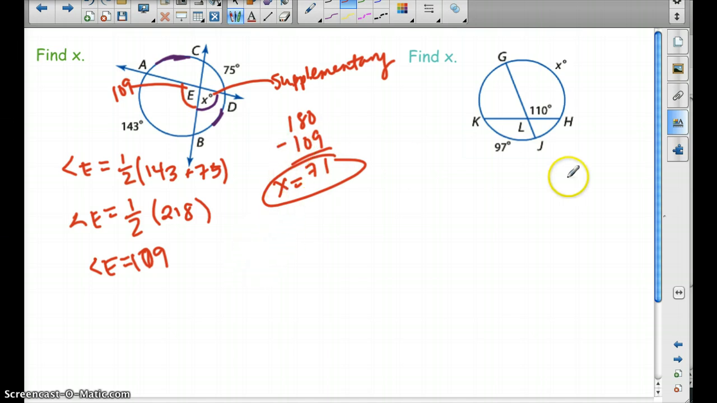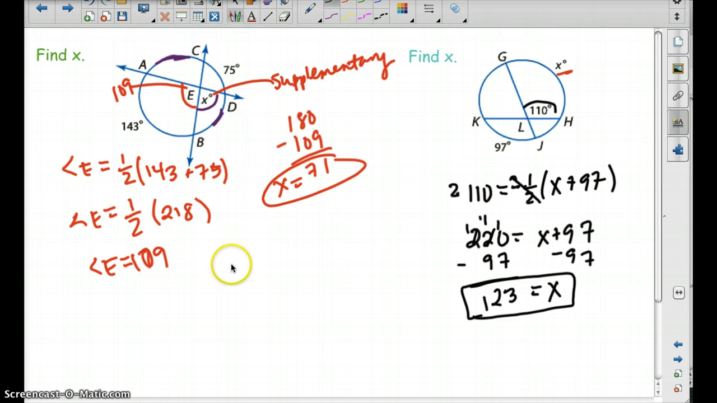Now let's try this other example in which we find x and it is an arc. So here's our angle and we have 110 equals 1/2 x plus 97. Go ahead and pause the video and see if you can solve for this variable. You should have got x equals 123. We times by 2 on both sides and get 220 because we want to get rid of that fraction first, and then we subtract 97 from both sides and we get x equals 123. All right,